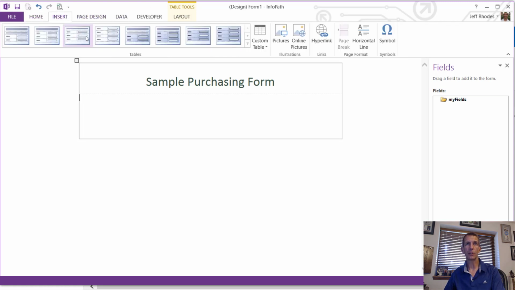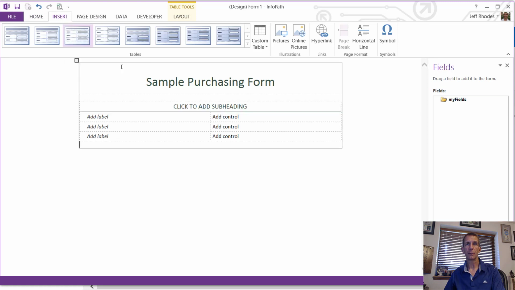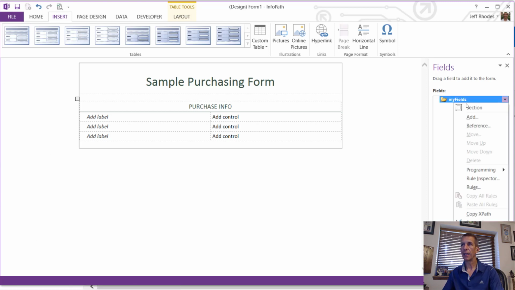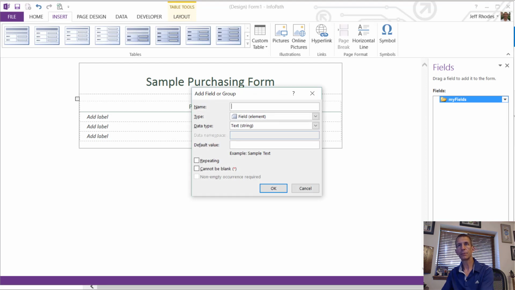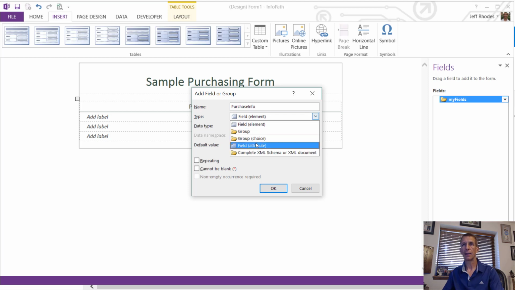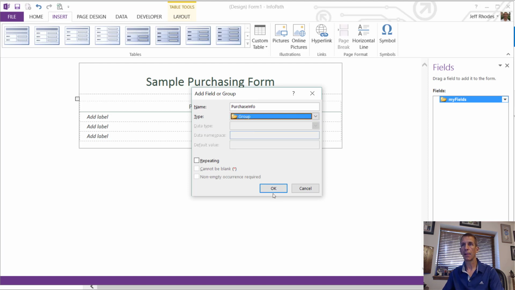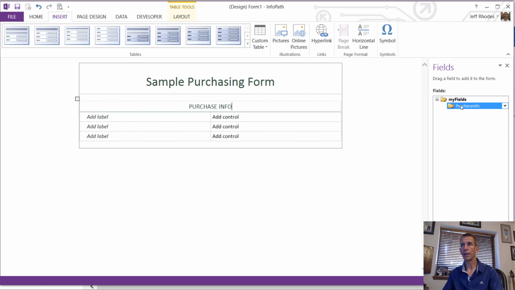So let's insert, I'll just do something like that. And I'll just say purchase info, if I can spell it right. And then we'll go over here and add our columns. So let's add a group. First do purchase info, like that. Do it as a group. And then inside here we'll do,